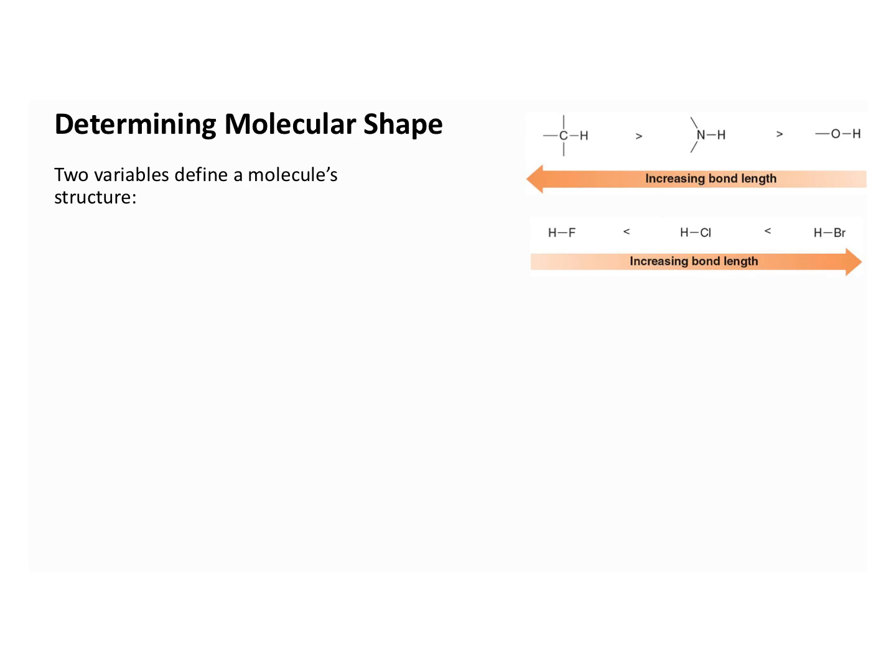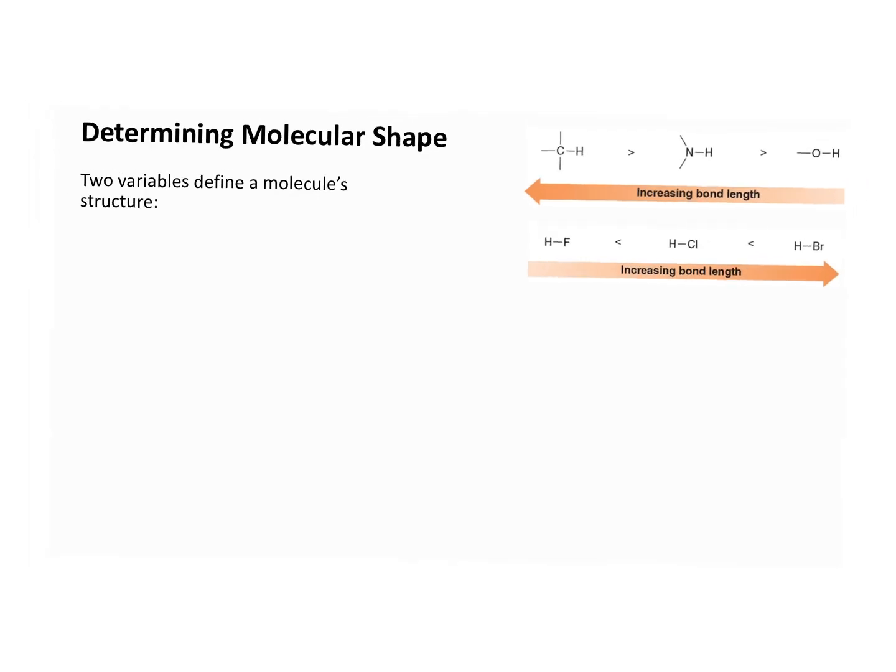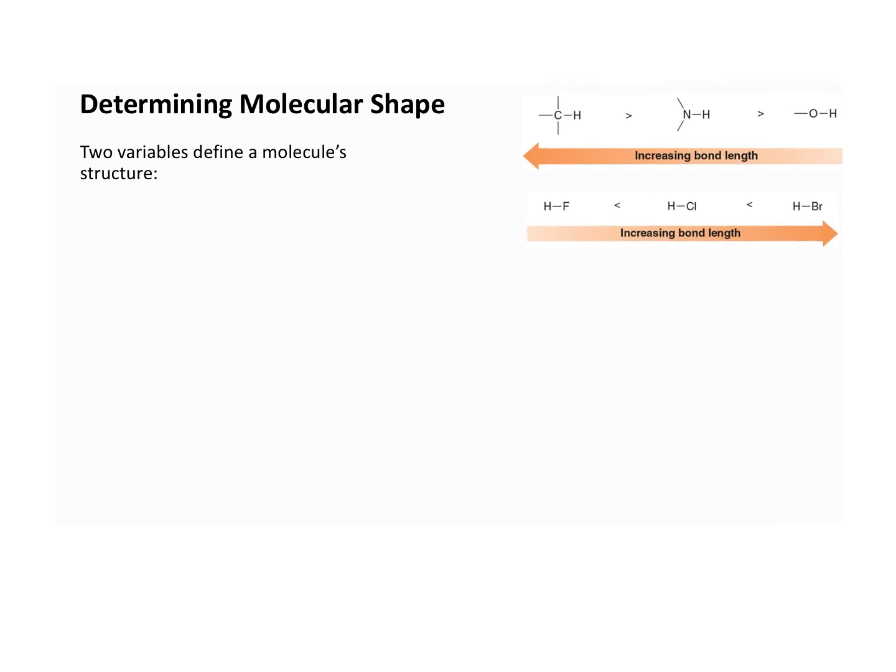So a Lewis structure tells us which atoms are connected to each other, but it really tells us nothing about the 3D geometry of the molecule. Now, there are two variables that define a molecule's structure. The first is bond length. Now, I want to remind you, bond length is just the average distance between the centers of two bonded